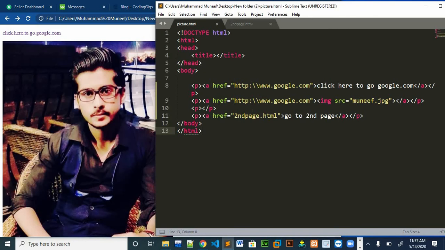So the last thing I want to show you is the permalinks. For that, we have to give an ID or anything in the link where we want to send our page. So if you just write a paragraph over here, if we write some text over here,